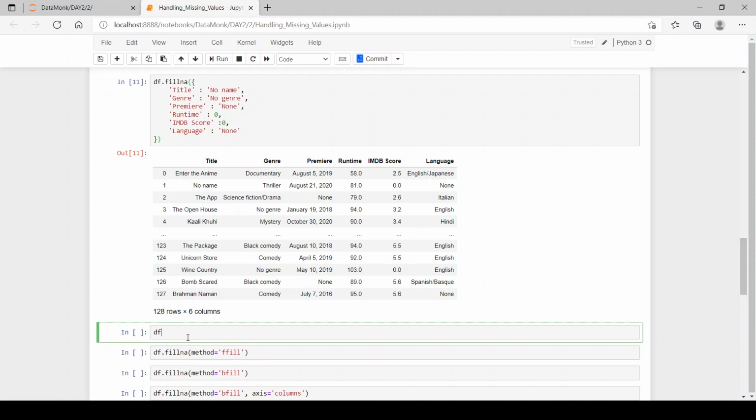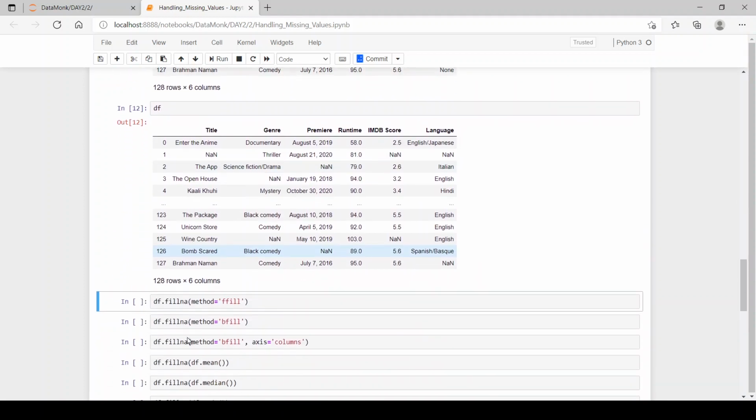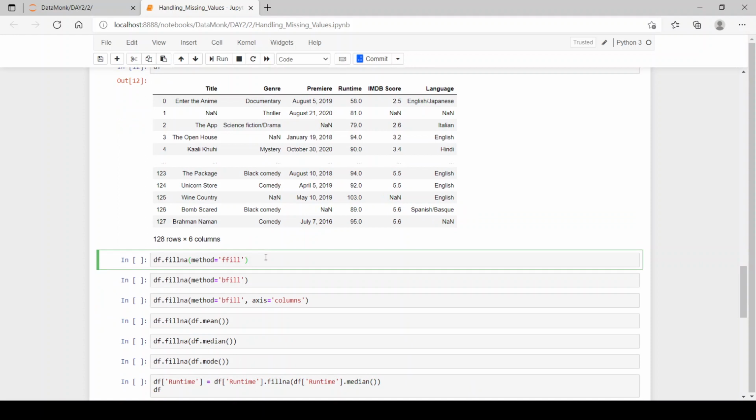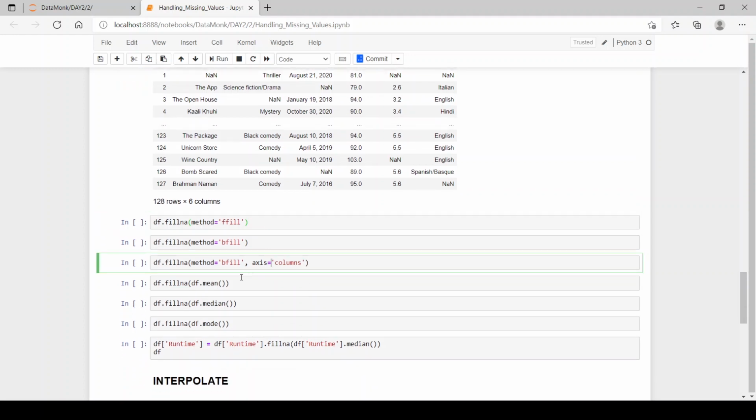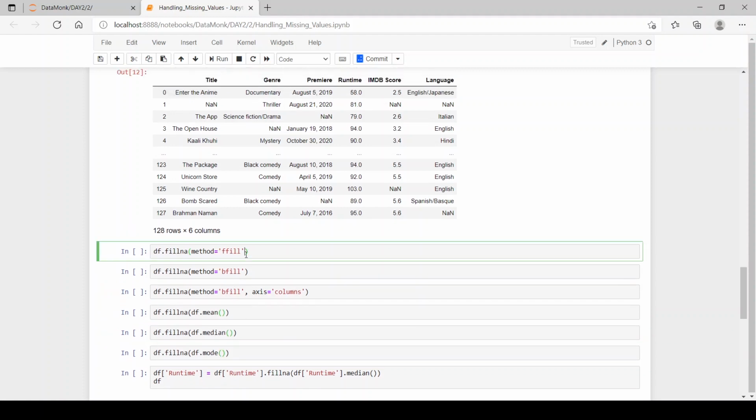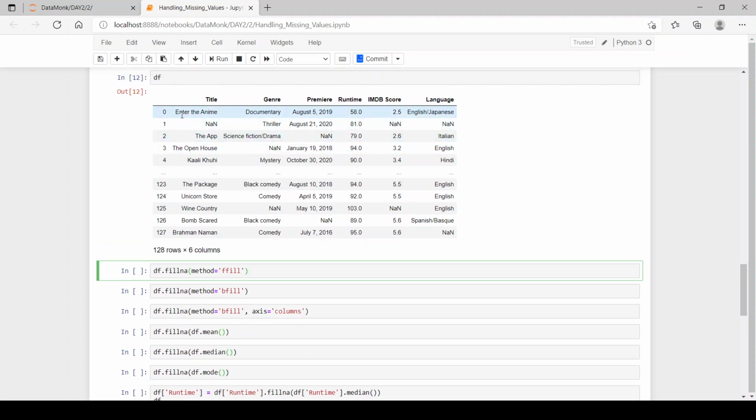So when we run our data frame, we have our null values back, so that we can use many other methods which are ffill, bfill. Then there is axis equal to columns, then we can fill in by mean, median, mode, and many other things we have. See, now we have df.fillna with method equal to ffill. So what this will do is this will print the row above the NaN value.